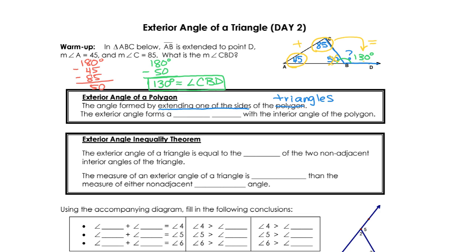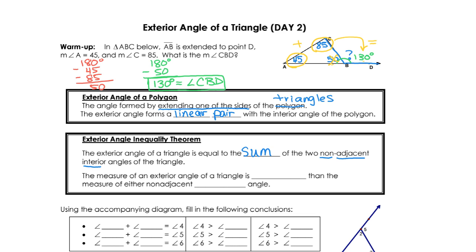Okay. The exterior angle forms a linear pair with the interior angle of the polygon, just like you saw in that warm-up, the 50 and the 130. Okay. We also get this exterior angle inequality theorem. It says that the exterior angle of a triangle is equal to the sum of the 2